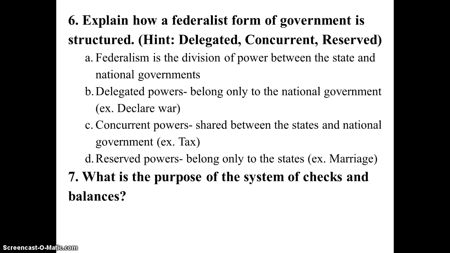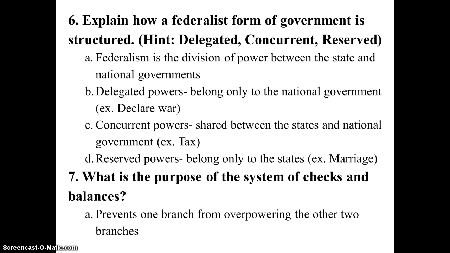That'd be fun. What's the purpose of the system of checks and balances? Well, other than just being super cool and getting to say checks and balances, it prevents one branch from overpowering the other ones. And we were just talking about with the Articles of Confederation that the reason we made it as weak as it was, we were really, really afraid of having mistakes that had happened in the past, like having a king that would overpower things. So they've learned from those mistakes. They've learned that, hey, we need to have a more complex government, but we still don't want bad things to happen. So we need to have those checks and balances.